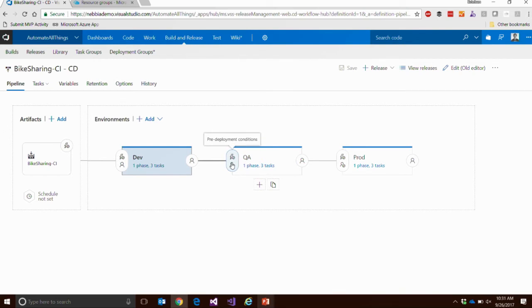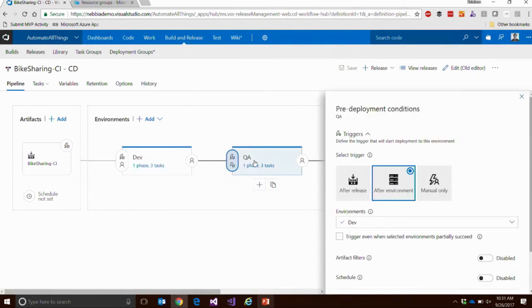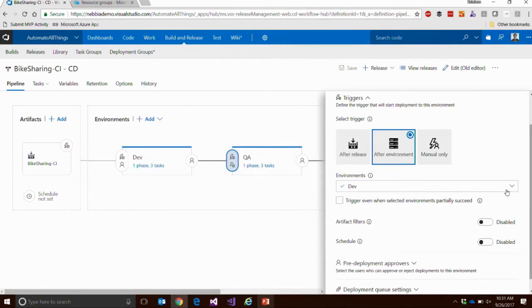Now, we don't want to just hammer our code right through every environment. Someone has to say, wait, we are ready to take this QA release. Maybe QA or our testers in our team are in the middle of testing something, and they don't want to destroy their environment and start all over. So we want to make sure we create gates, and we have people approving these releases. So I've defined these approvers. Just by clicking here, you can see that there's been a